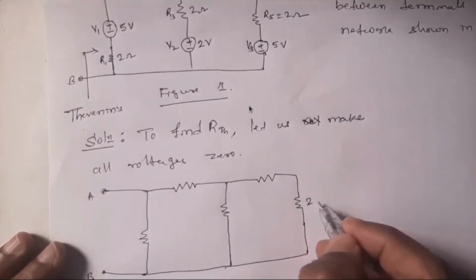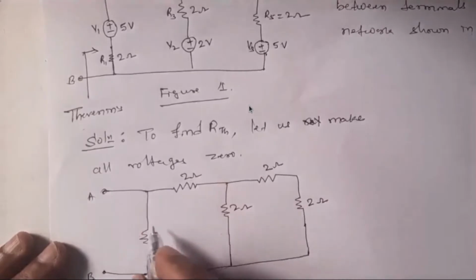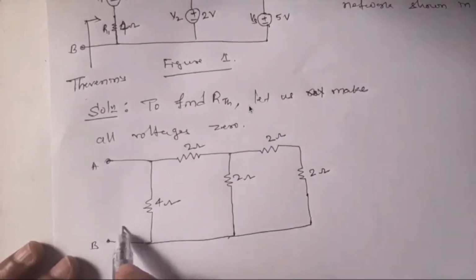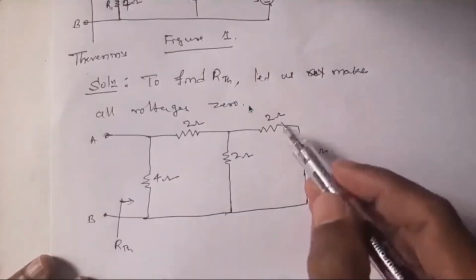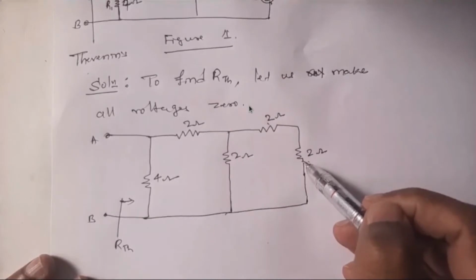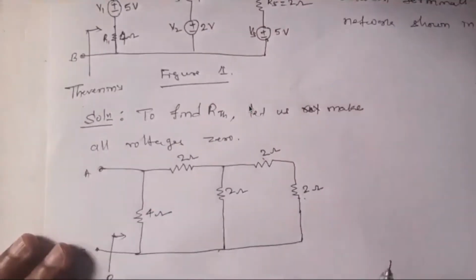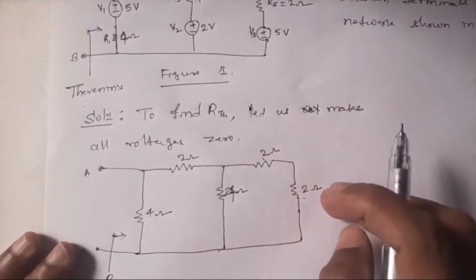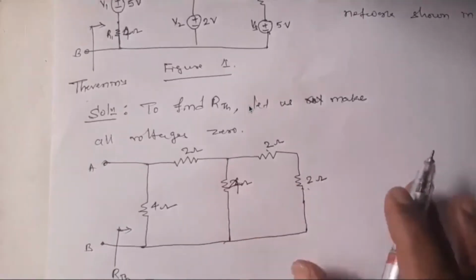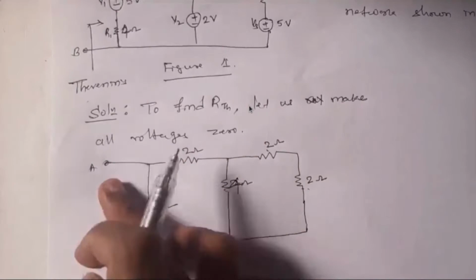This is 2, this is 2, this is also 2 ohm, this is 2 ohm, and this, let me consider, some 4 ohm. Now here you are supposed to find RTH. These two will be in series, that is 4 ohm, and here let me make this 4. 2 plus 2, 4. 4 in parallel with 4, what is this? 2. And this is in series with this. Once again 4. Parallel with this, the RTH is 2 ohm.